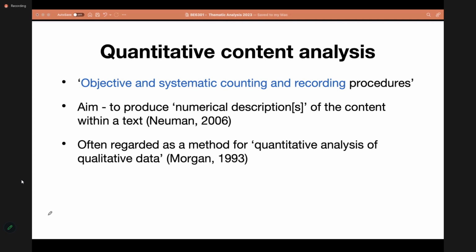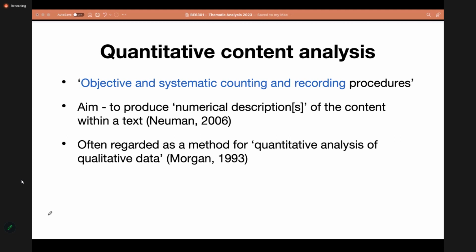So, starting with quantitative content analysis. What do we mean by quantitative content analysis? It's a very simple technique. What you want to do here is try to objectively and systematically count and record certain things.